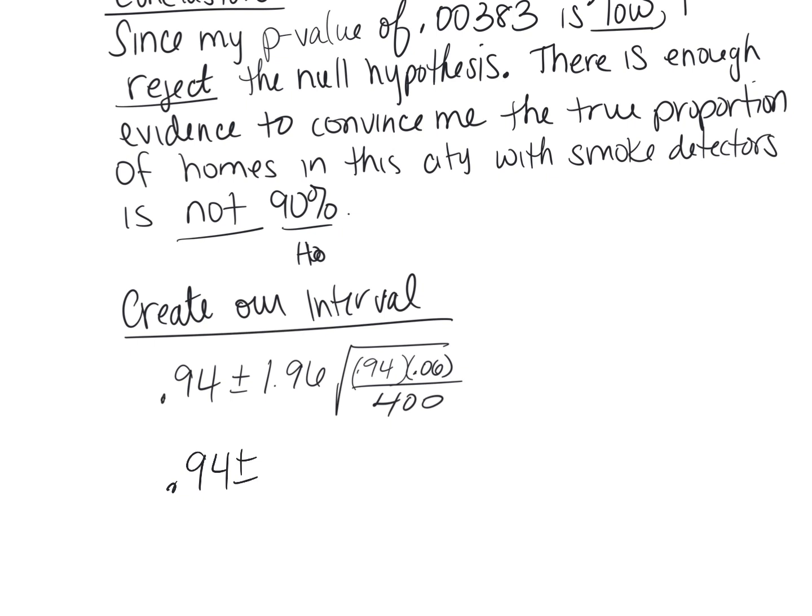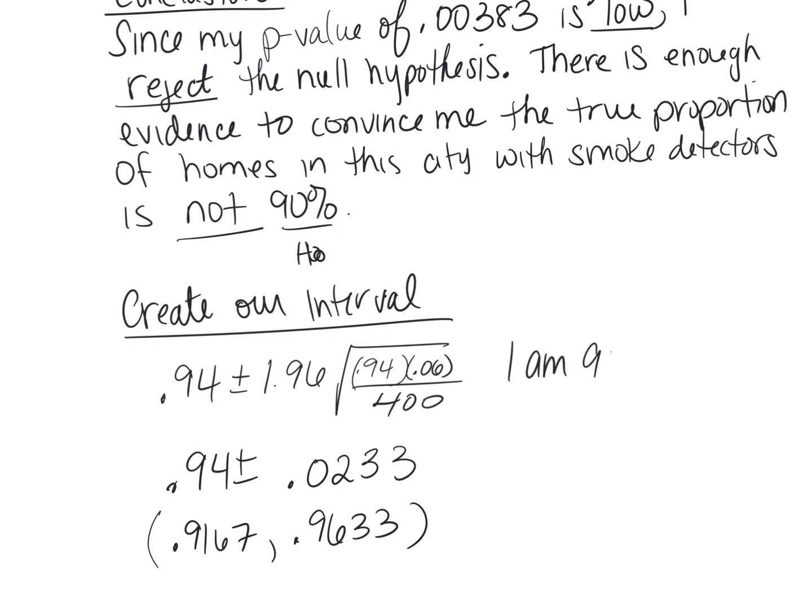1.96 times the square root of 0.94 times 0.06 divided by 400. My margin of error is 0.0233. So 0.94 plus 0.0233 is 0.9633. And minus that is 0.9167. So then I am 95% confident